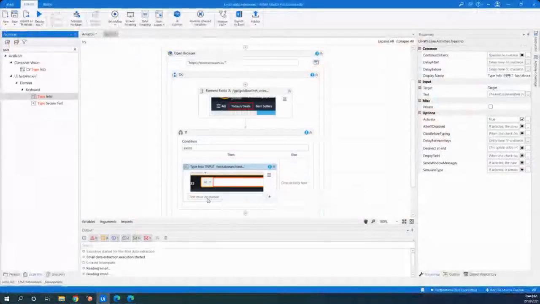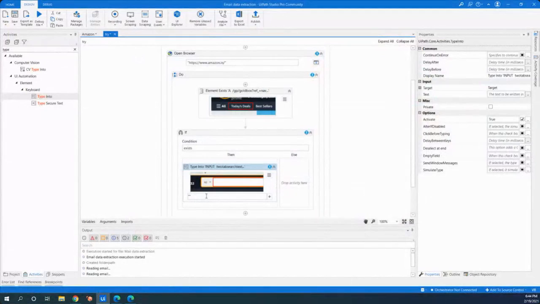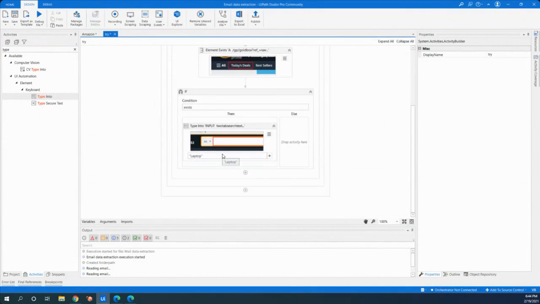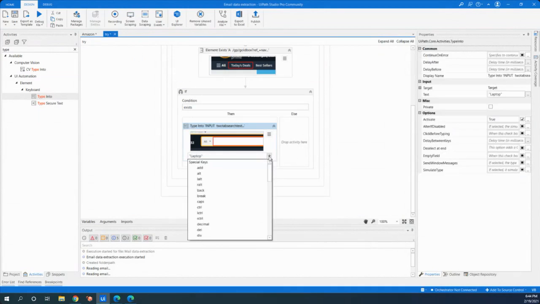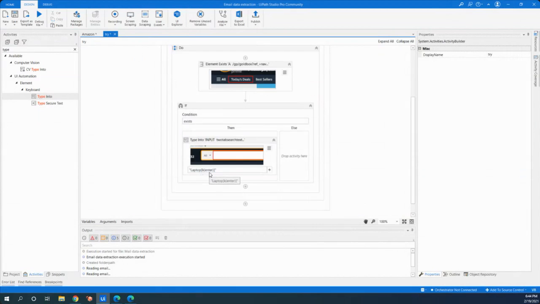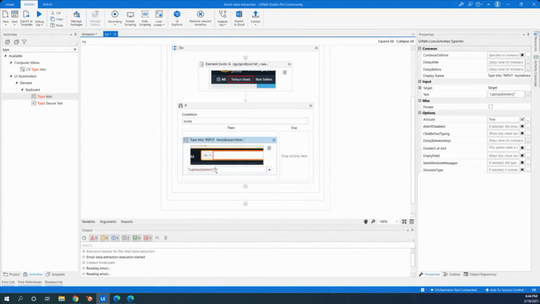It will ask what I want to type. I want to type camera, or let's say I want to type laptop this time. Now, when you type into, there might be a scenario that the page will change, or after typing you want to press enter. So you should be able to say that after typing laptop, I am pressing enter. Or if you do not want to press enter,